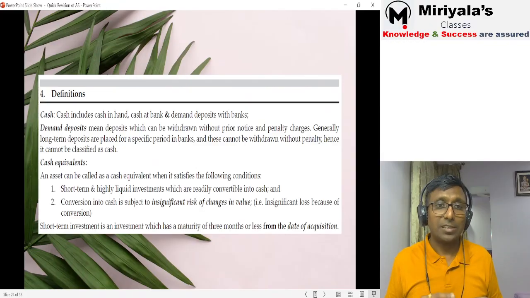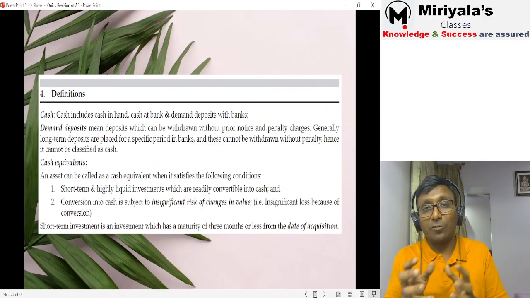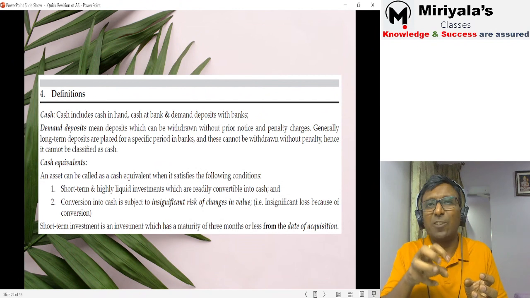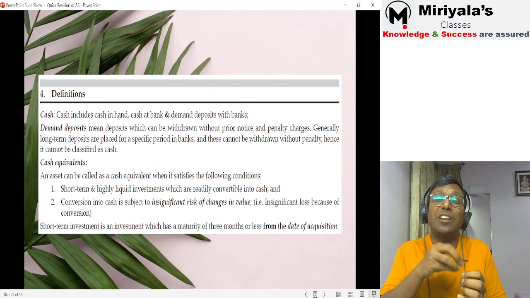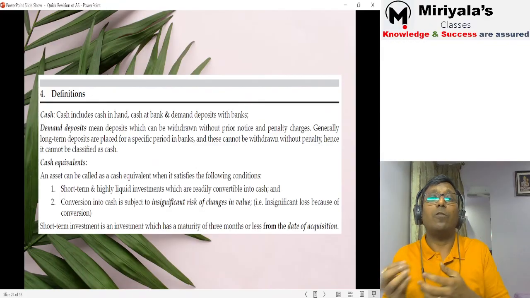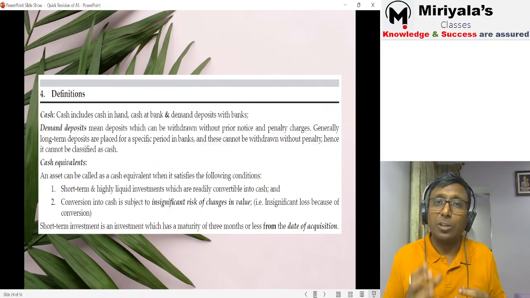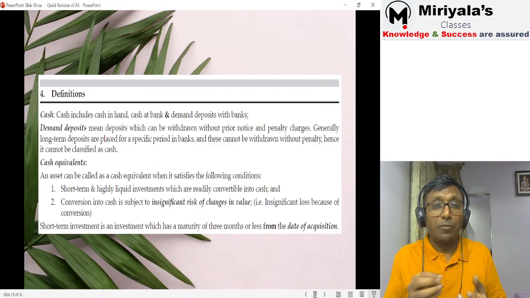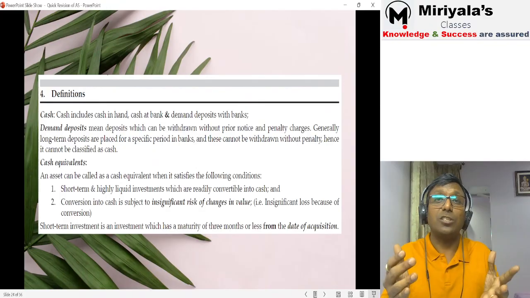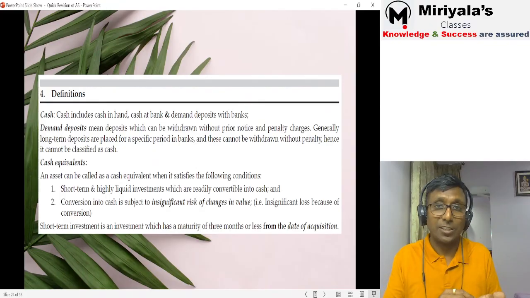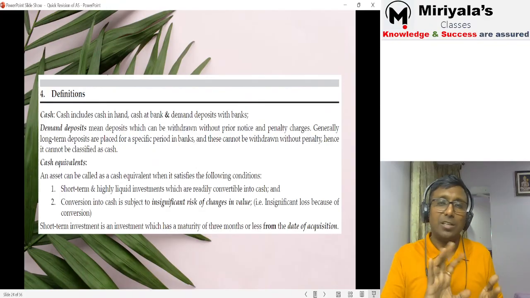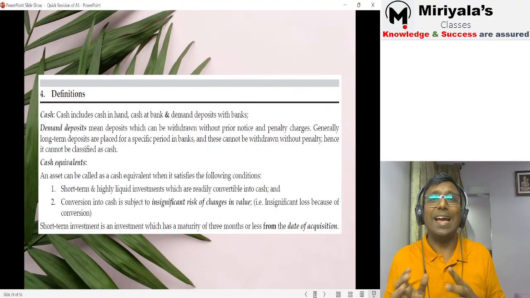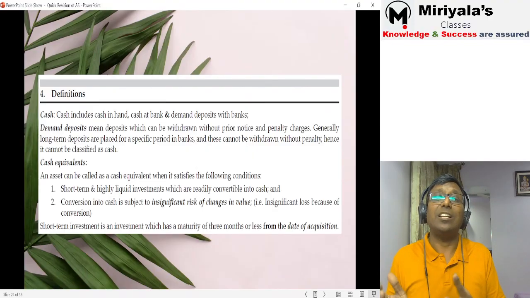What does it say? When you are converting, there should be an insignificant risk of change in value. If I invested 1 lakh today and tomorrow it comes down by 10 rupees or 100 rupees, that's not a problem. But if you invest in equity shares, the value of the share may fluctuate like anything. There is a significant risk of change in value. That's why investment in shares, marketable securities, generally should not be considered as cash equivalent unless